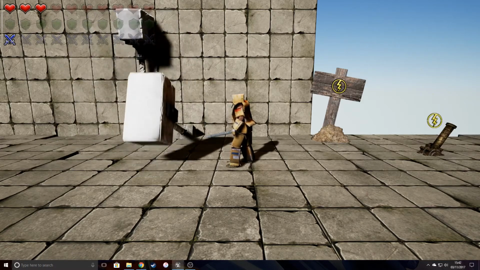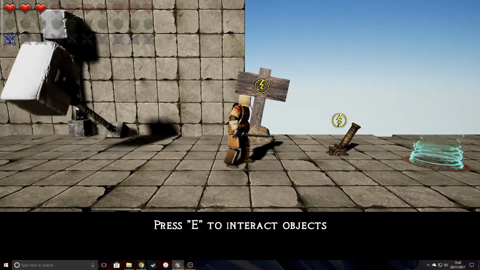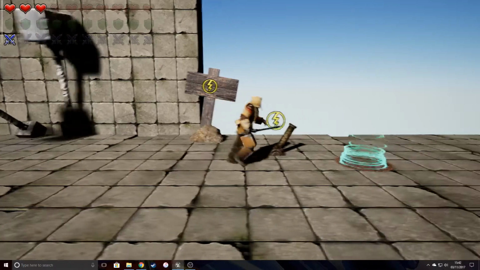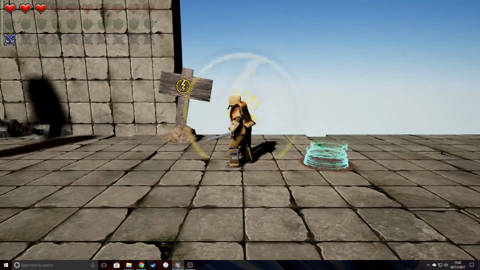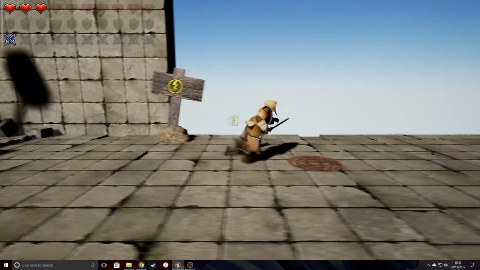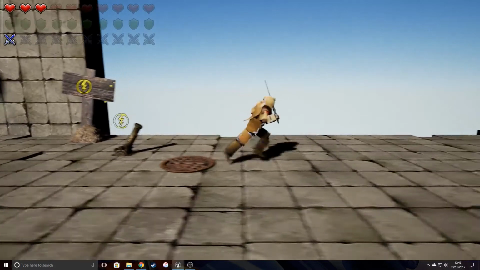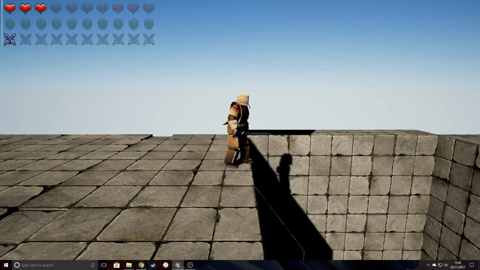So, we continue. Now this is a signpost. This is basically to tell the player that if you see these switches, press E to interact with it, and you can turn this jump pad on or off just by pressing E again. Now the reason I have this jump pad is because if I go over here, there's a bottomless